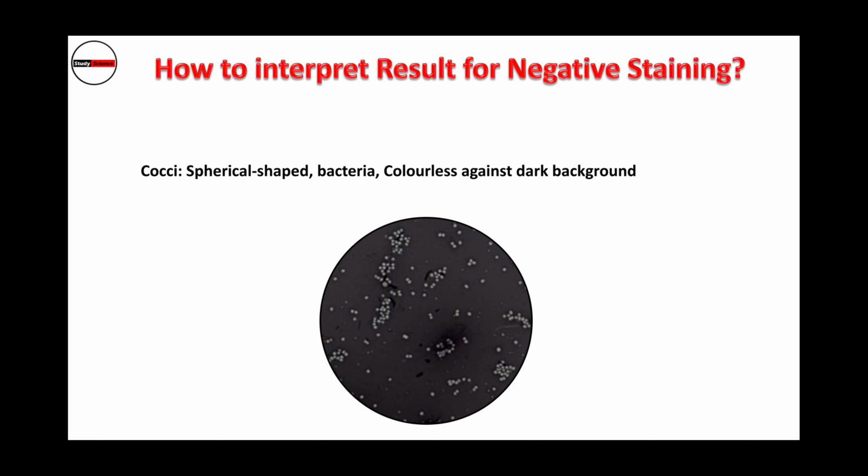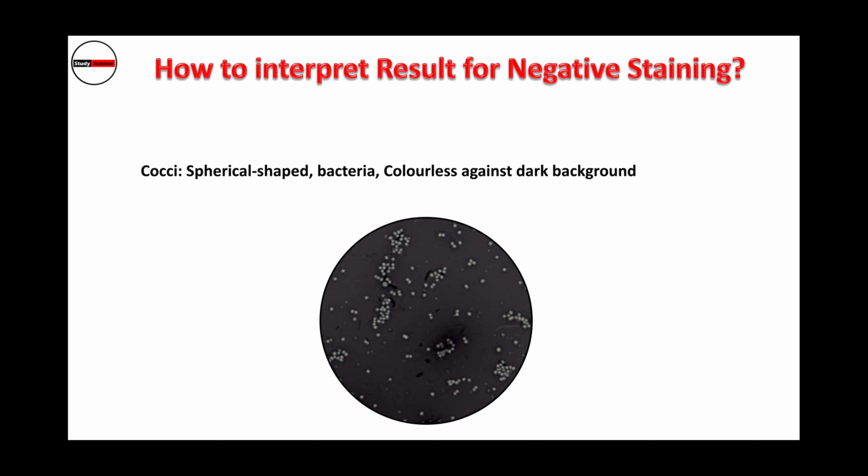So in short, negative staining means we do not stain the cell. Why do we not stain the cell? Because the stains we are using are acidic and carry a negative charge, and the bacterial cell also carries a negative charge. So negative repels each other and the bacterial cells do not get stained. Hence the name negative staining, because both have the negative charge.